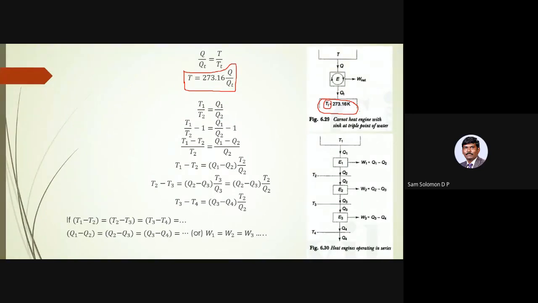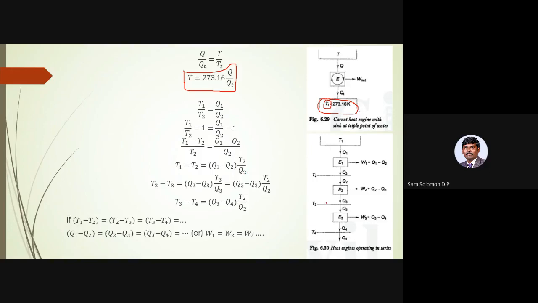Okay. And we are introducing -1 on both sides. So you get T1 minus T2 by T2, which is equal to Q1 minus Q2 by Q2, without violating any mathematical procedure. Okay. And so I get T1 minus T2 equal to Q1 minus Q2 into T2 by Q2. So have this result on one hand. This is for a normal heat engine operating between the temperature limits T1 and T2.